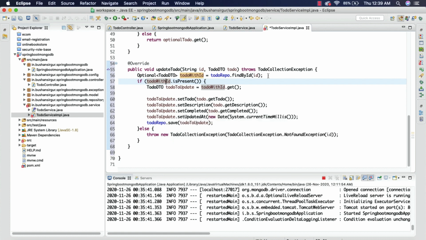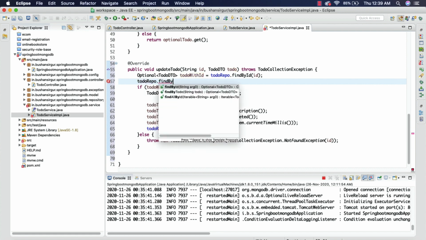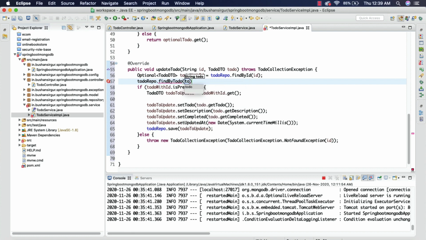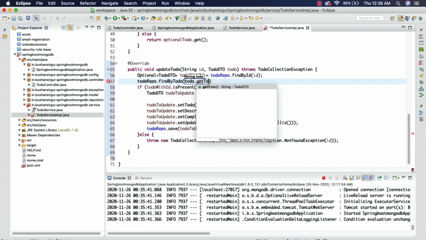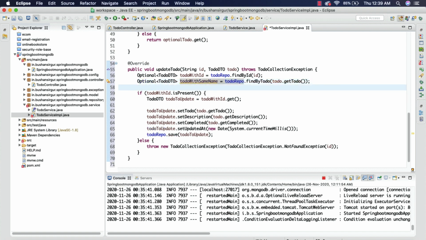For that, again we are going to make use of toDoRepo.findByToDo, and we're going to pass toDo.getToDo, and this is going to return an Optional ToDoDTO, and I'm going to call this toDoWithSameName.